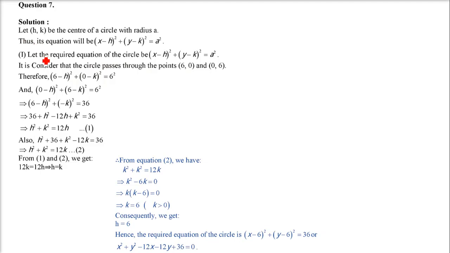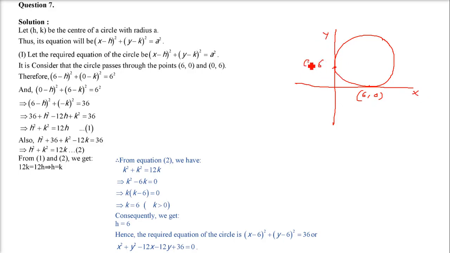This is question number 7, and in this question we have 4 parts. Find the equation of the circle. The first part is saying, which touches both the axes at a distance of 6 units from the origin. What does it mean? A circle is there, and it touches both the axes. What will be this point? Because it is saying 6 units from the origin, the x will be 6, and y of course is 0 here on the x-axis. Here also same thing, but here y will be 6, x will be 0. And if you join this, you'll see the center will be at 6, 6.